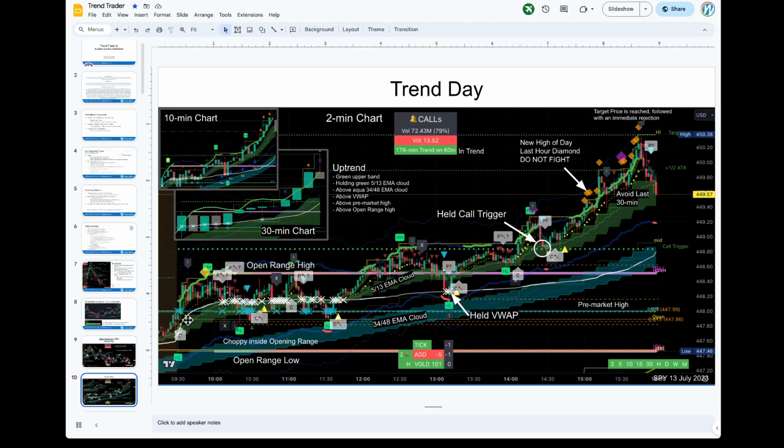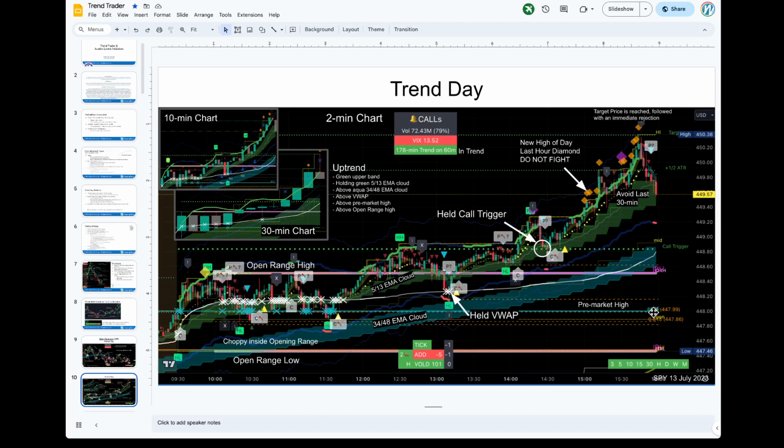When you see a lot of wicks, so you see the candle and then the outer edges, those are wicks, and you want to avoid those. When you see a lot of X's here, that's crossing the VWAP. Stay away. It's chop. We don't need to trade this. This blue line here, you can see on the right, and this is the second indicator, that's the pre-market high.